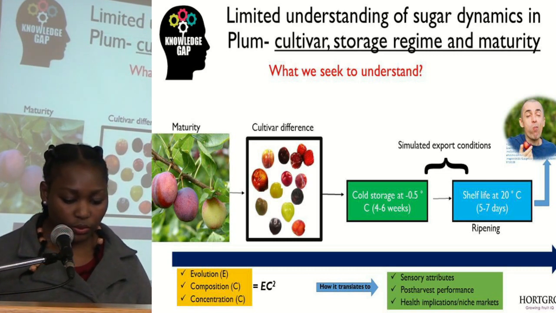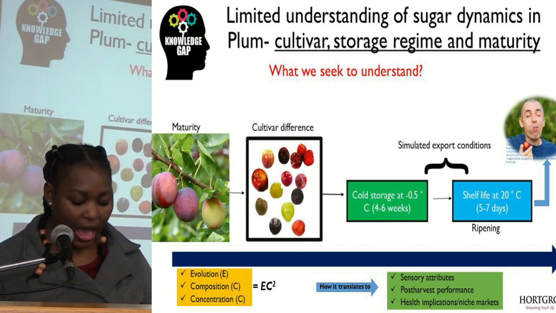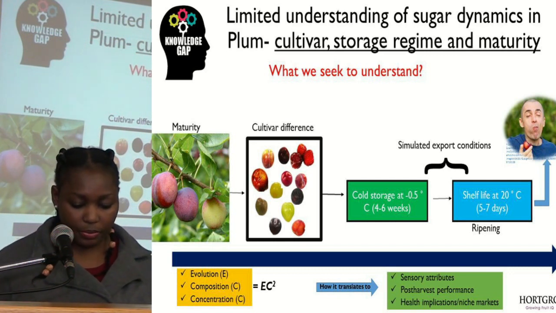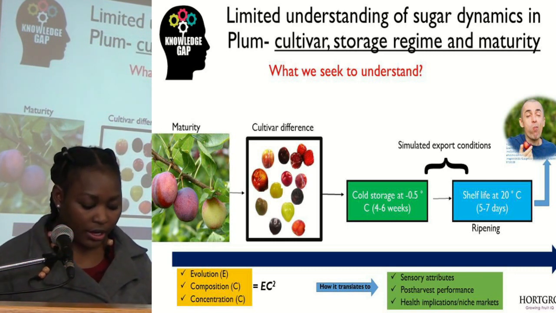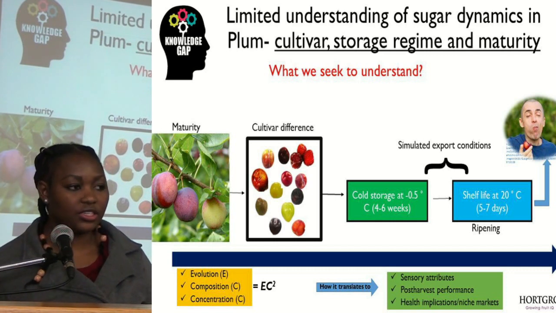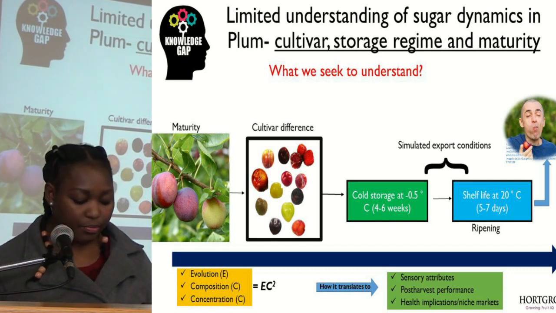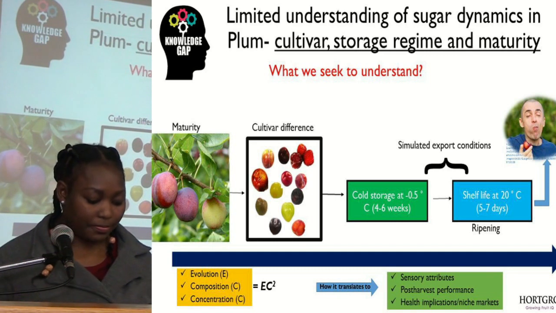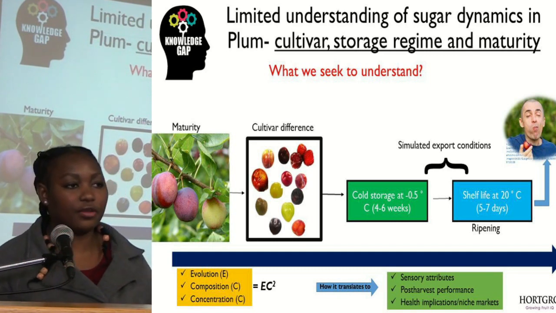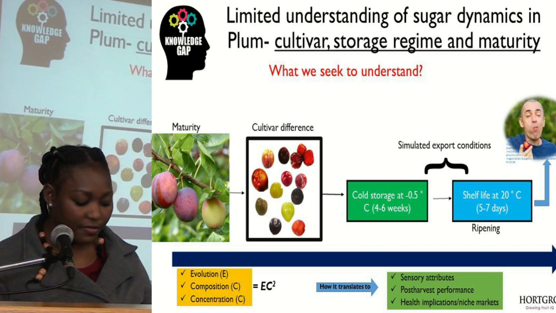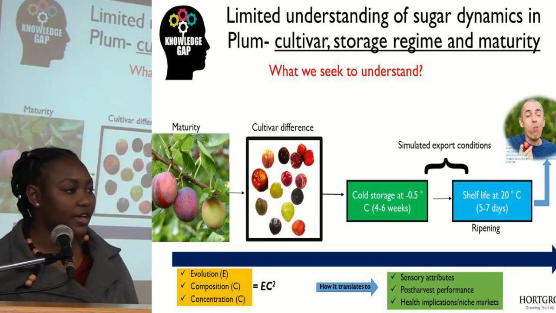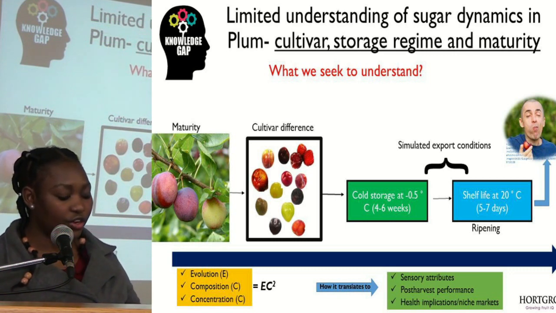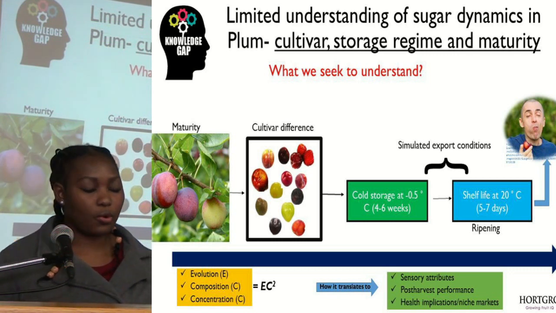Here we seek to understand how the sugar accumulation patterns and concentrations differ among cultivars with different ripening behaviors, either climacteric or non-climacteric, because sorbitol concentration varies between cultivars. So there is a need to identify which cultivars have higher concentrations of sorbitol so that we can promote them in the